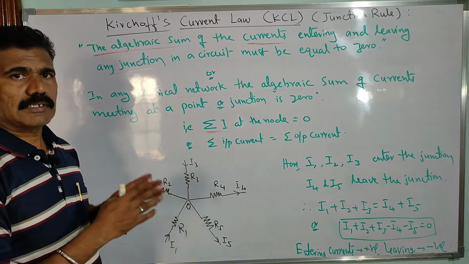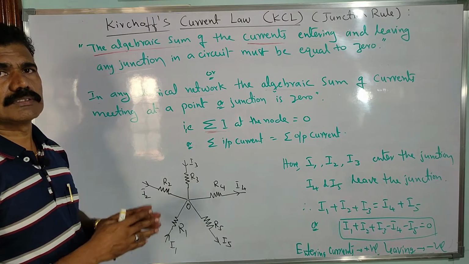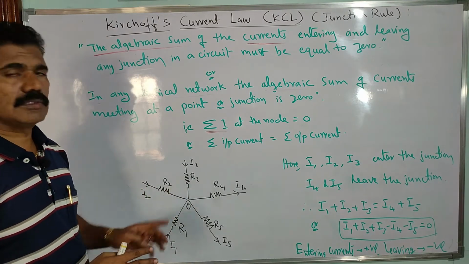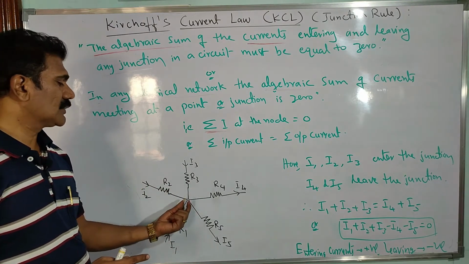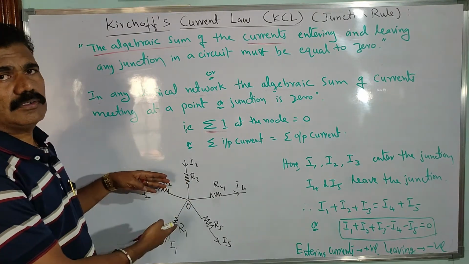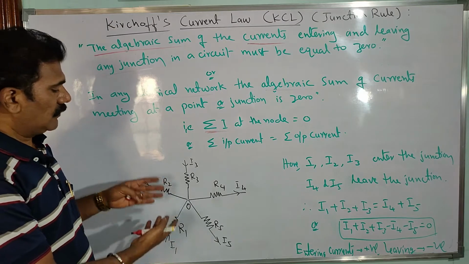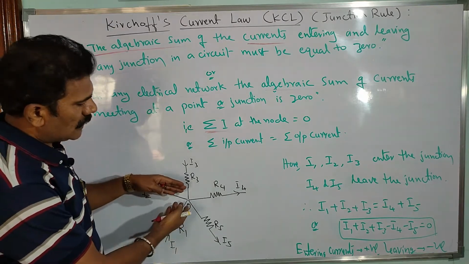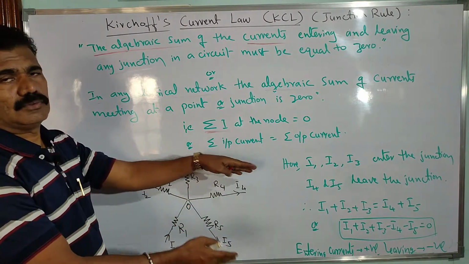Okay, so there is a conservation of charges. You have to follow the conservation of charges at any node in the circuit. There is no storage of charges at any node. So whatever the flow of current is, it is nothing but the flow of charges. The flow of charges entering the node has to leave that node again through other